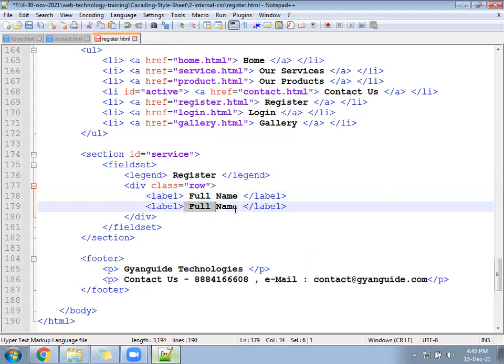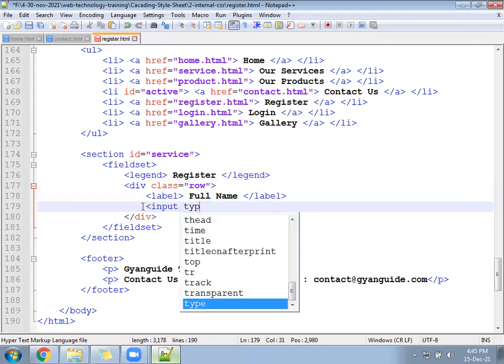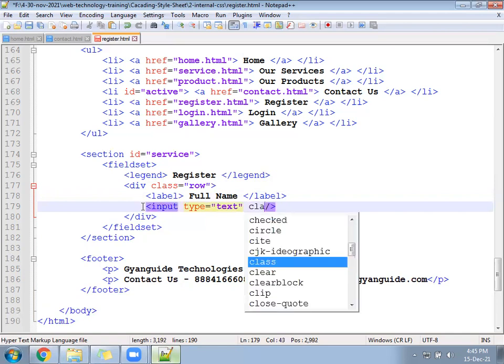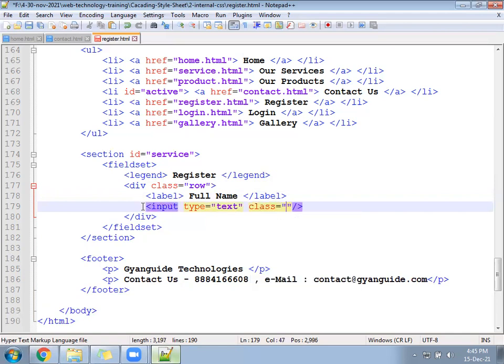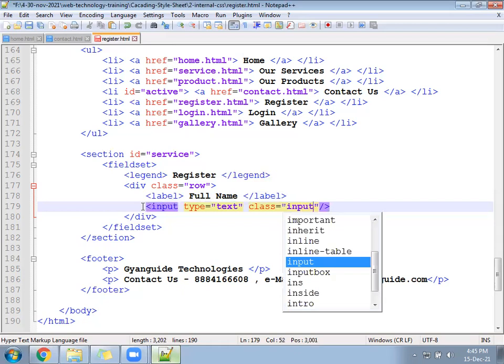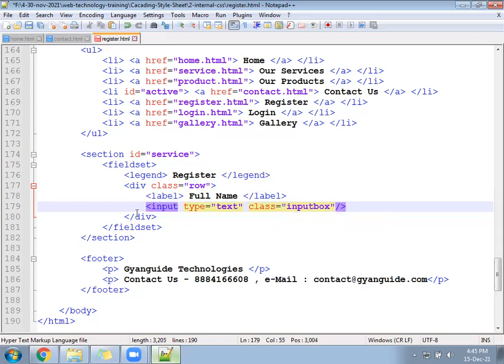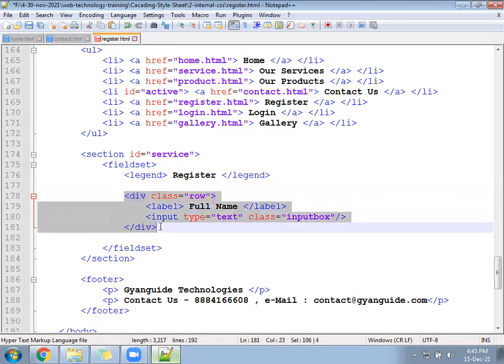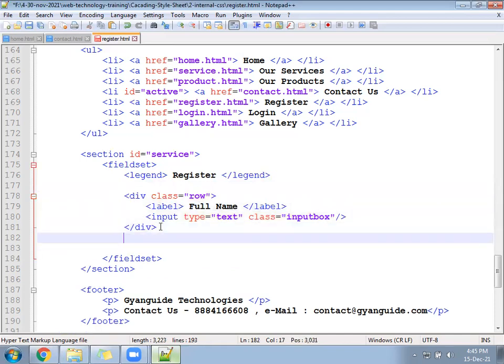Right below, add a text box: input type equal to text. Write a class equal to the same input box class we created. One row is over. Create one more row and then we'll work on the row class.